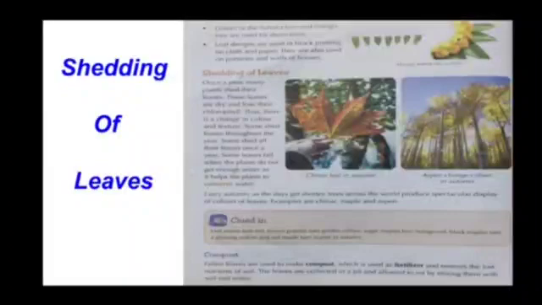At last, compost. Fallen leaves are used to make compost. The leaves that are dried up and change their color do not have chlorophyll in them. Those leaves are used for making compost, which is used as a fertilizer and restores the lost nutrients of the soil. The leaves are collected in a pit and are allowed to rot by mixing them with soil and water. So this was all about this chapter.